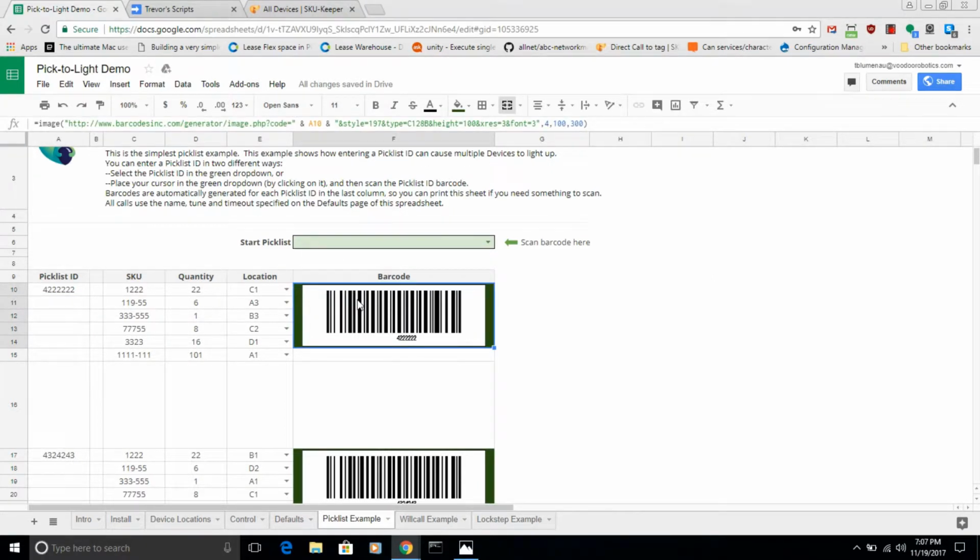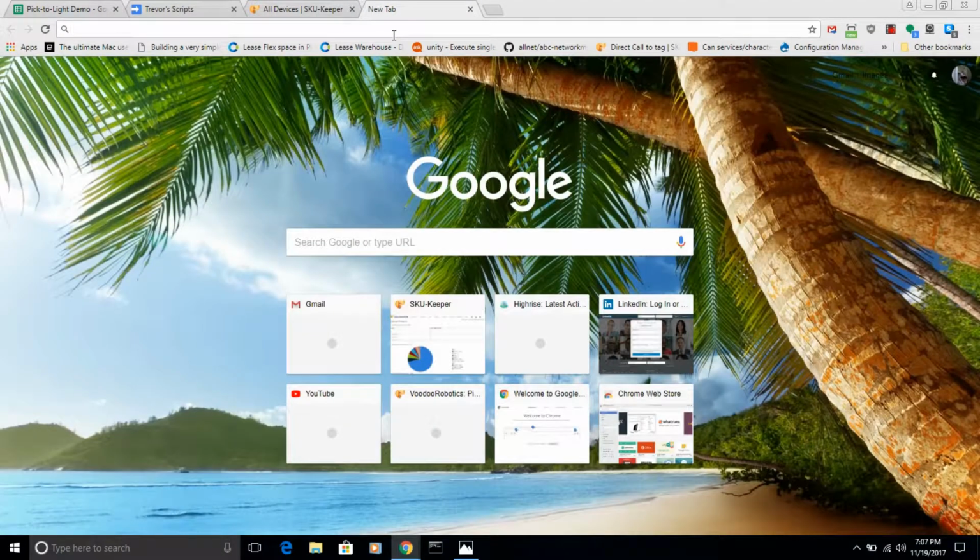Okay, so that is the basics. And of course, to put your pick lists onto a page like this is actually quite easy. Certainly you can cut and paste to put your pick lists in here. But Google offers some very, very interesting commands. For example, you can go in and just do it,